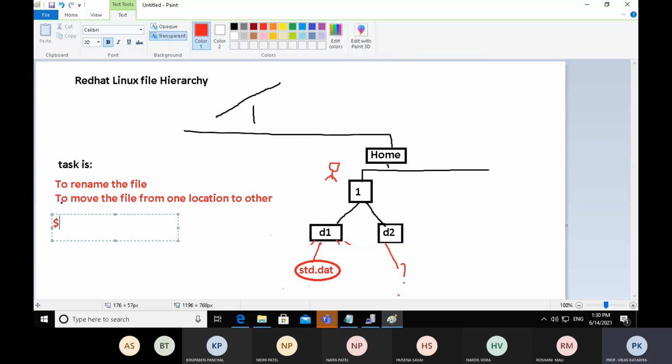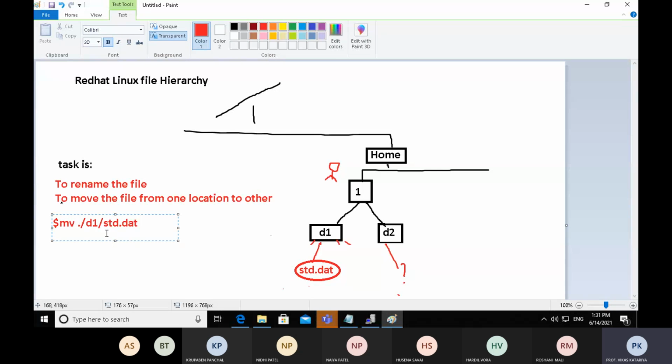So the command is mv followed by the source path. Now, if you already exist in user account 1, that is the current working directory, so mention the current working directory by putting a single dot slash. There is a directory d1 under current working directory 1. So dot slash d1, followed by the name of the file which you want to rename or relocate.